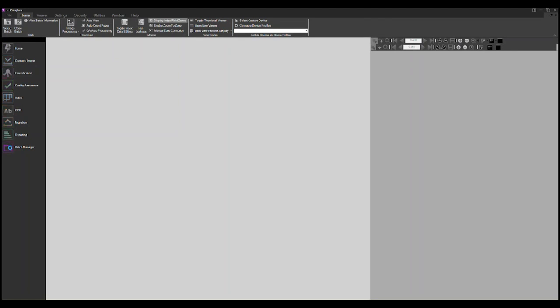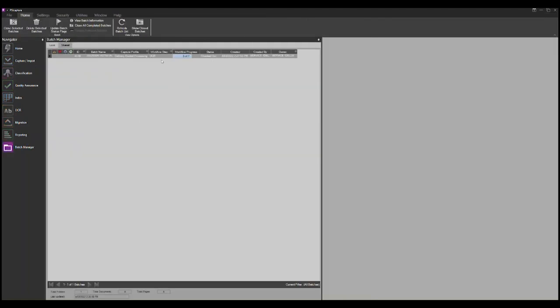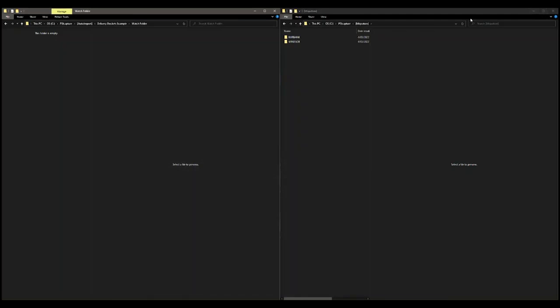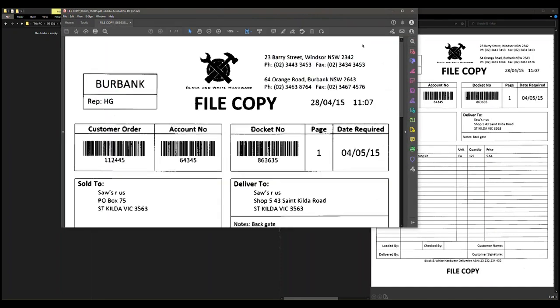So if we come into the batch manager area again, you can see that it's currently checked out. PSIcapture is doing its job and it's currently OCRing those documents. What does that mean? It's creating that searchable PDF. It's creating that metadata layer within the PDF and storing a whole range of variables within there. So once that's done its OCR process, that has been completed. And if we come back to our migration location, you can see the structure has been recreated and our files are within that structure. So if we open that PDF up